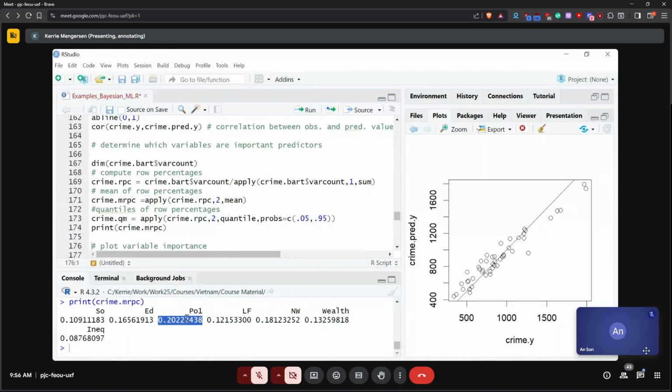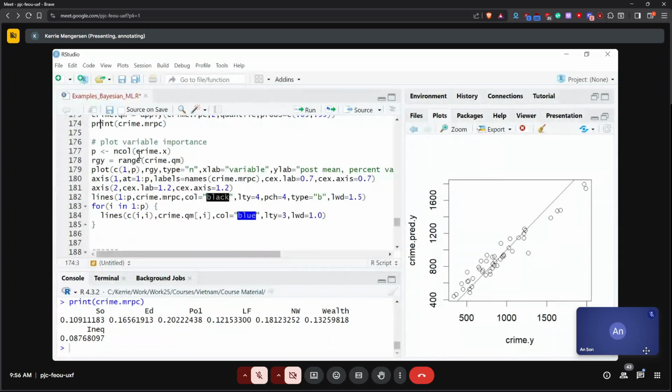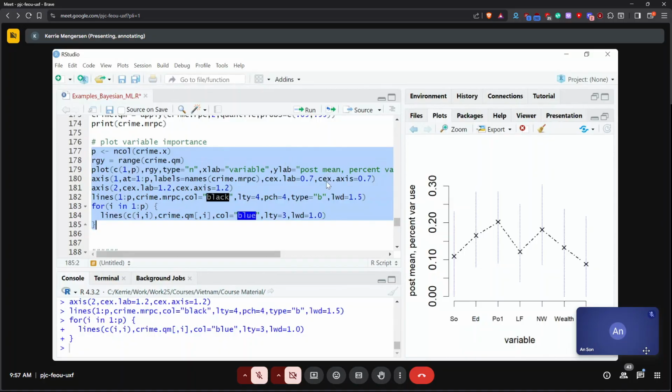Okay, so when I want to plot those variable importances, I've just got an example of how to plot them here. So you can run that plotting exercise here, and what it tells you is, for each of the variables that went into the model, the percentage of times that those variables actually appeared in the model.